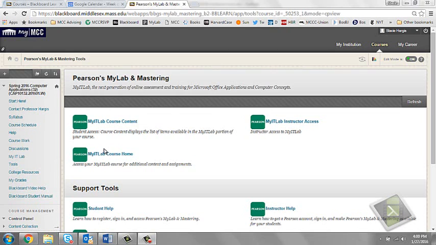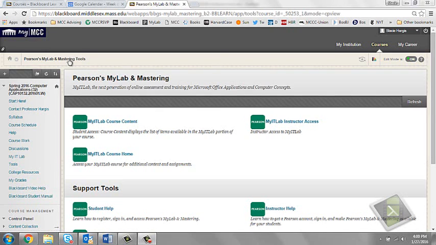So one of the things with using myitlab is that it really only works best in Chrome or Firefox. But I prefer Chrome. It seems to have the least amount of issues, if any at all, really. So as long as you're using Chrome, you should be good. So that's always the first thing you want to make sure you're doing if you run into any issues is,